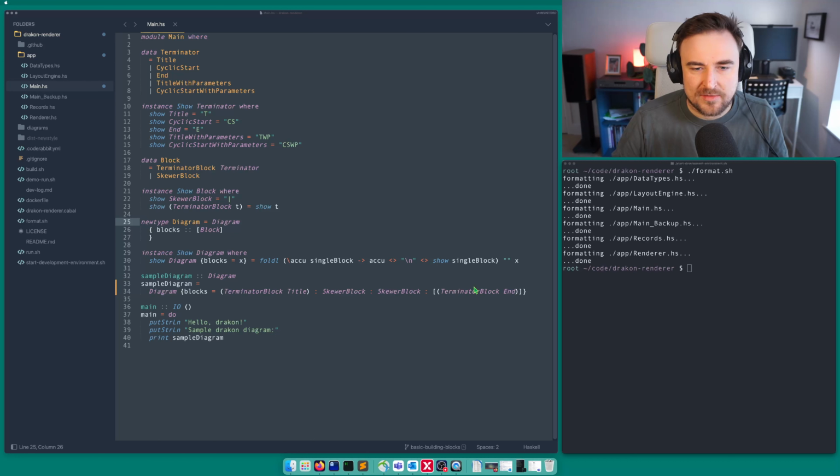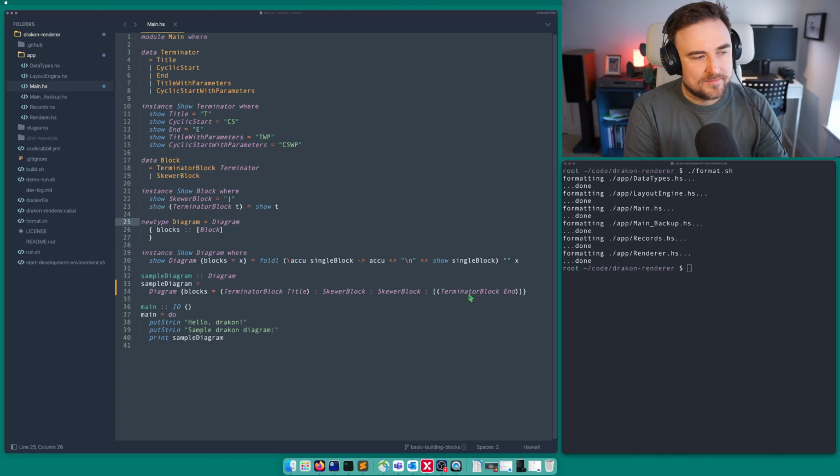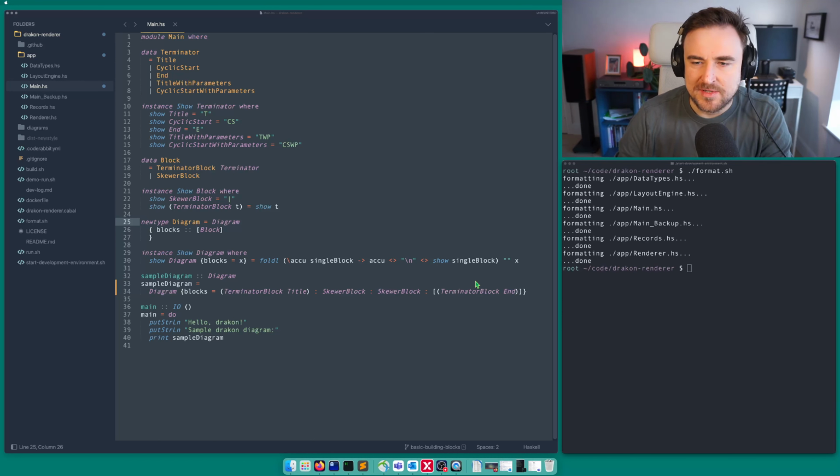We can either have terminator blocks or skewer blocks. So my plan for today is to add some examples of skewers, or letters, and maybe words even, that can be put in skewers and just flesh out this